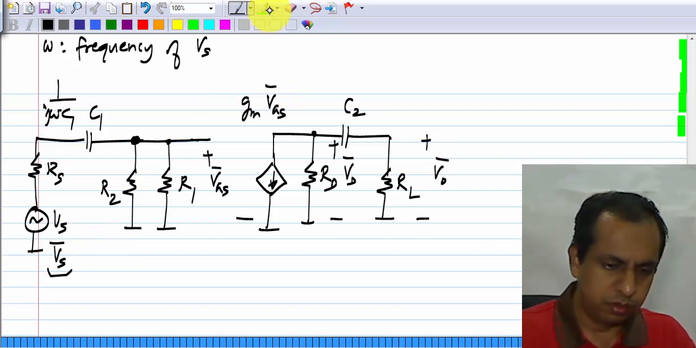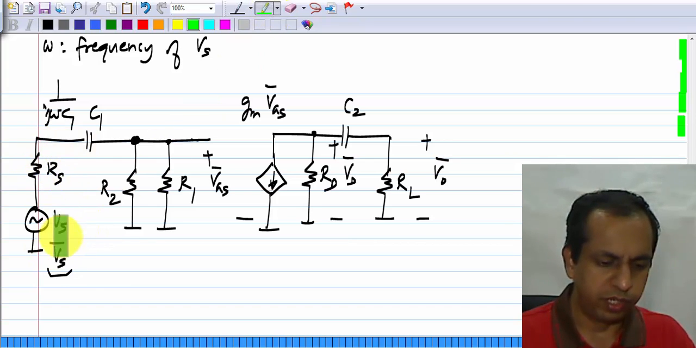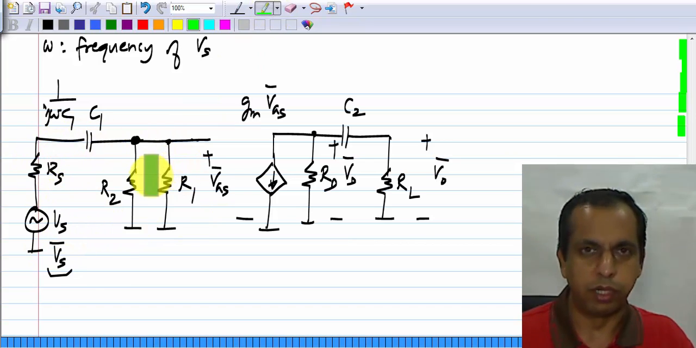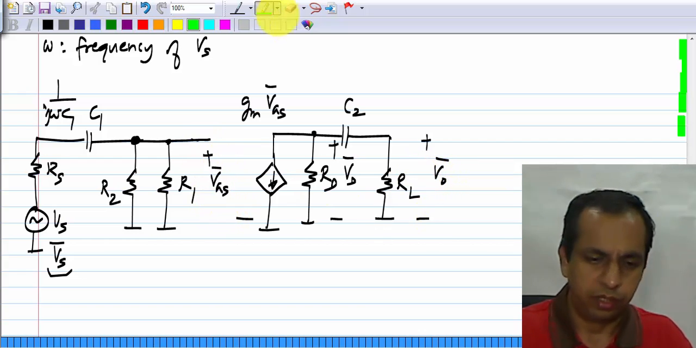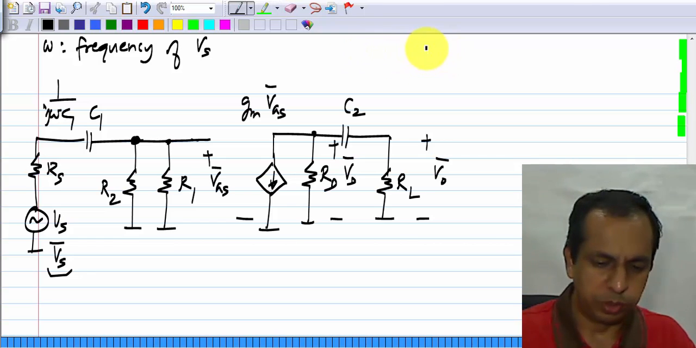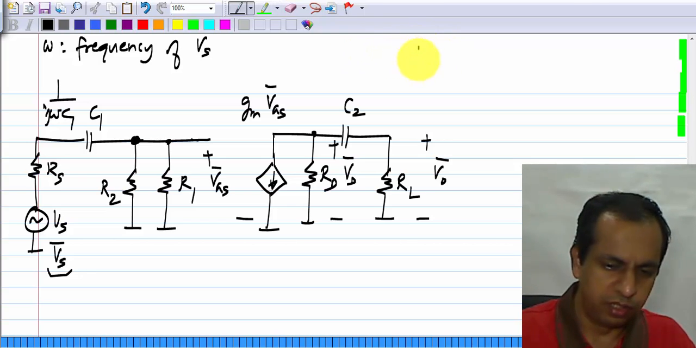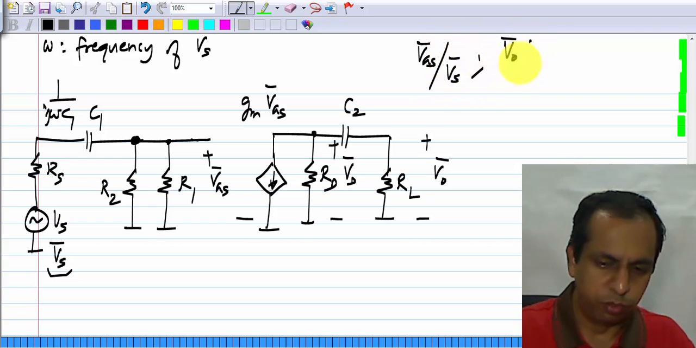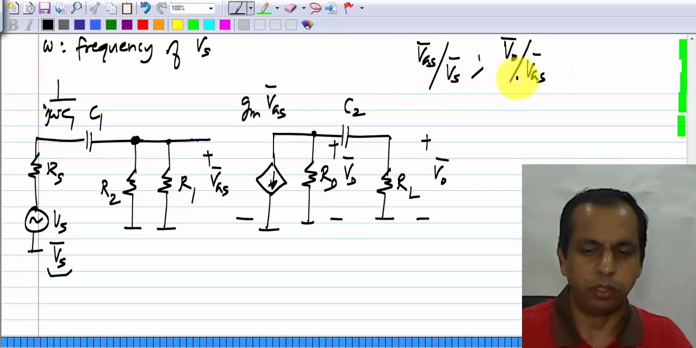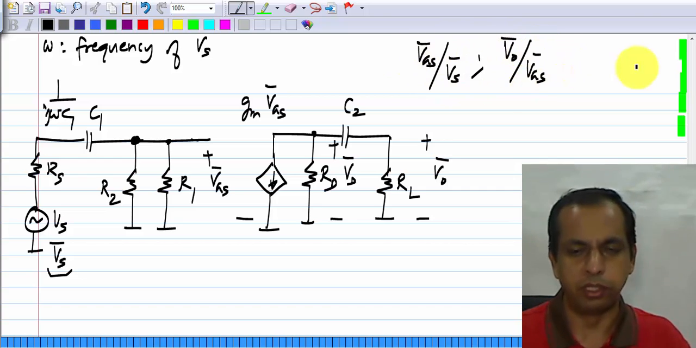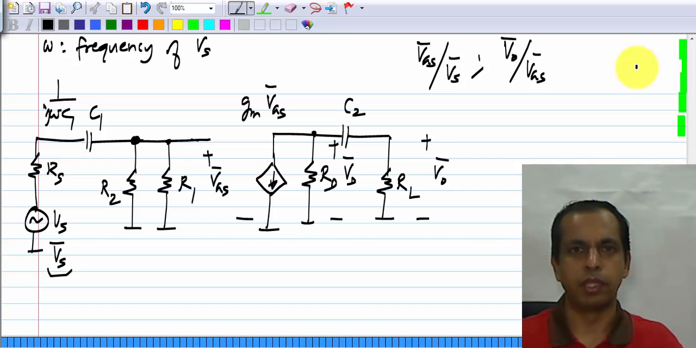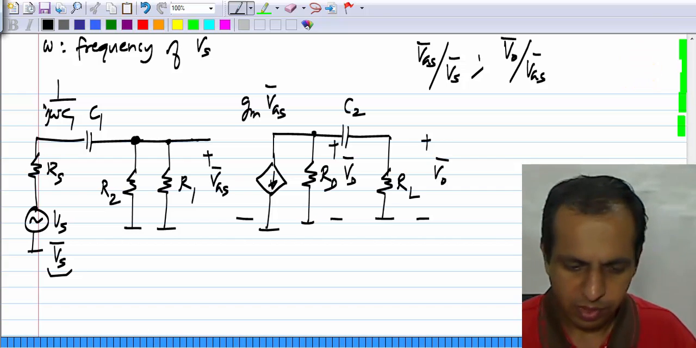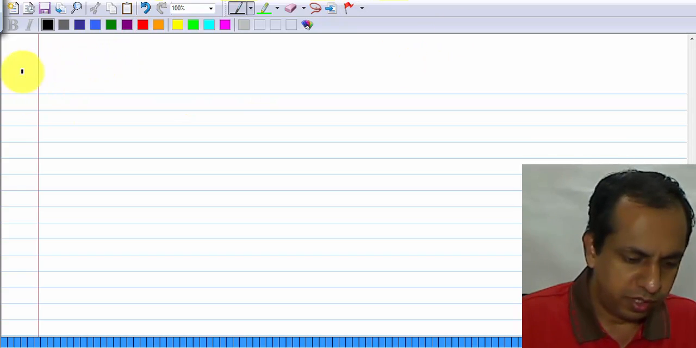Now, Vs gets divided between these impedances and R1 parallel R2 to give you Vgs, and Vgs gives you Vo. So, I will evaluate these two expressions separately, essentially Vgs by Vs and Vo by Vgs, and I could combine the whole thing to give me Vo by Vs. If I multiply the two, I will get Vo by Vs. I do not want to write lengthy expressions, so that is why I stick to this. So, if you do the analysis correctly, you will see that